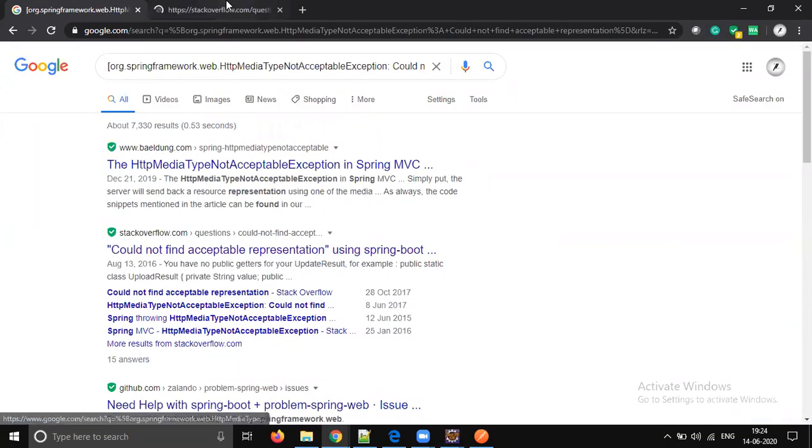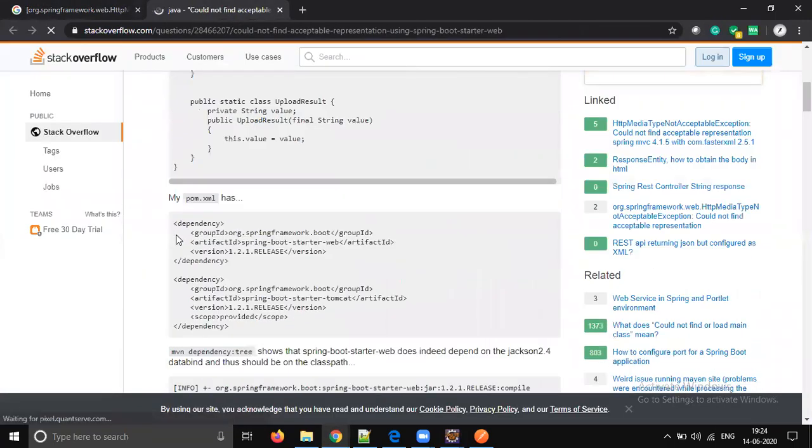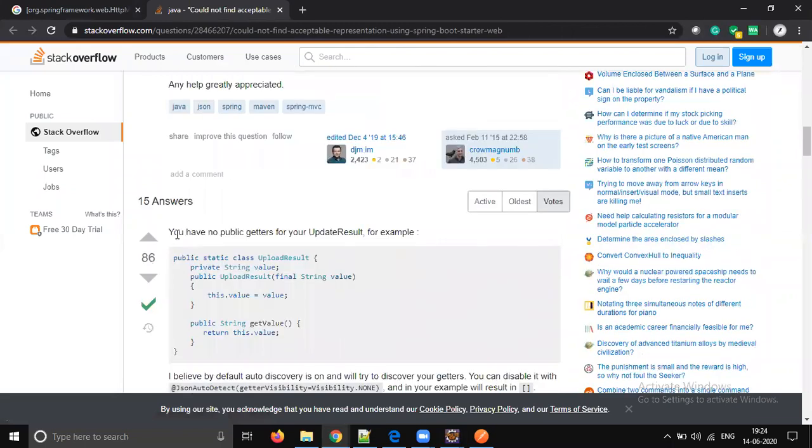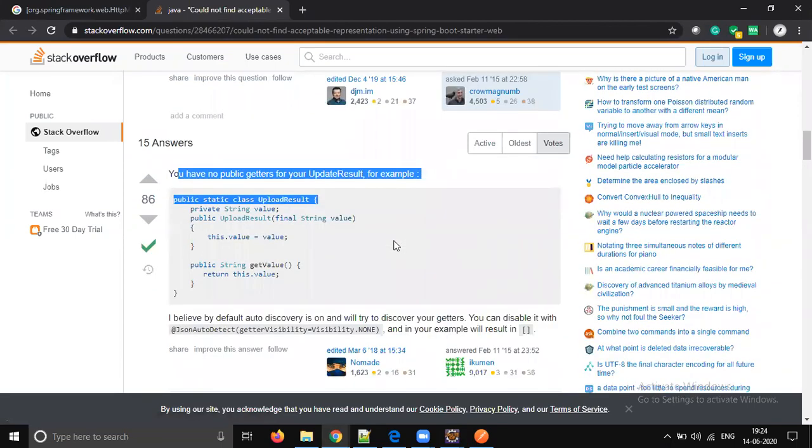Could not find acceptable representation using Spring Boot. You have no public getters for the result, for example JSON auto detect getter visibility.